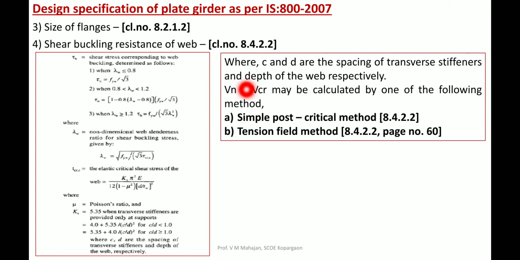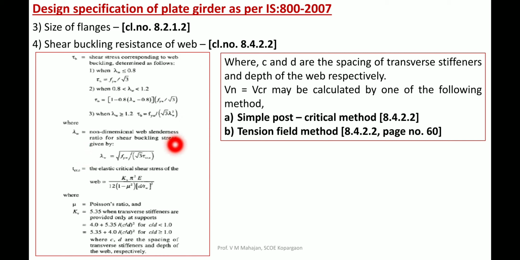where tau b is equal to fyw divided by root 3. The second condition is 0.8 less than or equal to lambda w less than or equal to 1.2, where tau b is equal to 1 minus 0.8 times (lambda w minus 0.8), into fyw divided by root 3. And third, when lambda w is greater than or equal to 1.2, tau b is equal to fyw divided by root 3 times lambda w square,